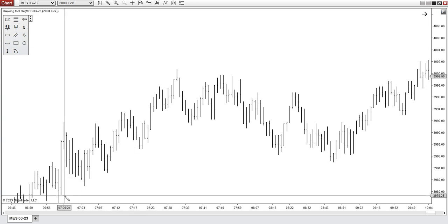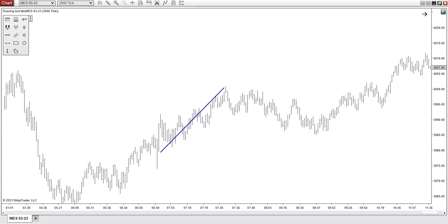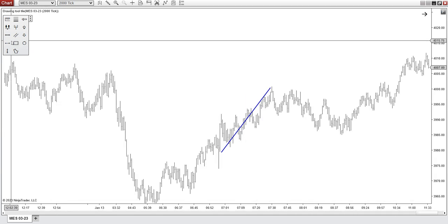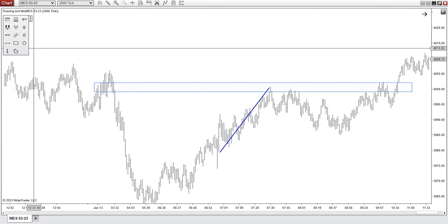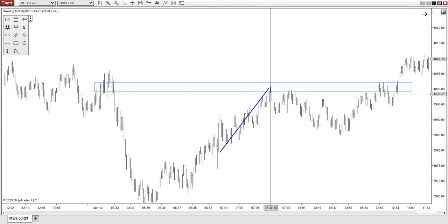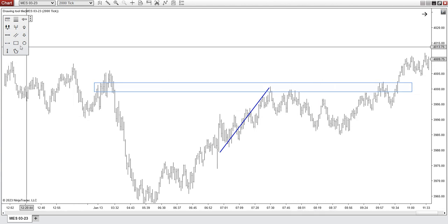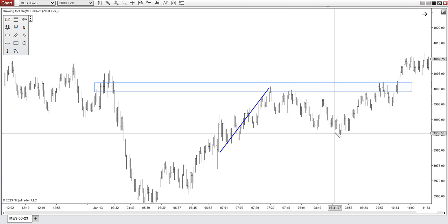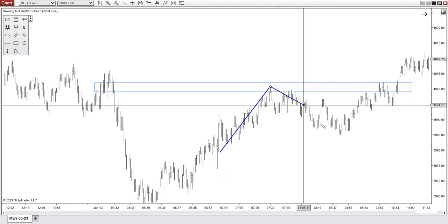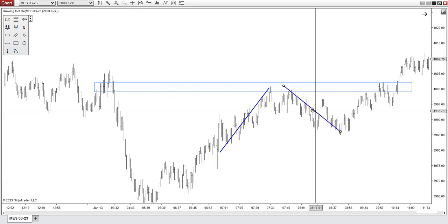So I can sit back and say, okay, price came in here. Now we can easily draw this zone, and you can see price hits the zone here and has a reaction to that. So how far is the reaction? We can certainly try and measure that out with a swing back here. If we don't have that,